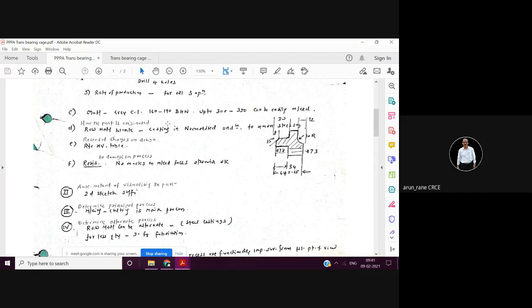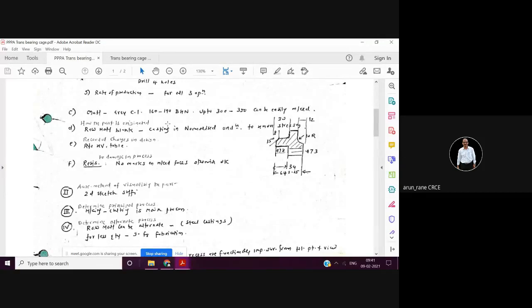Principal process means, in this case the principal process will be turning, because the majority of the operations by which this product is finished is turning. Had there been a lot of teeth cutting, then the principal process would have been gear hobbing.